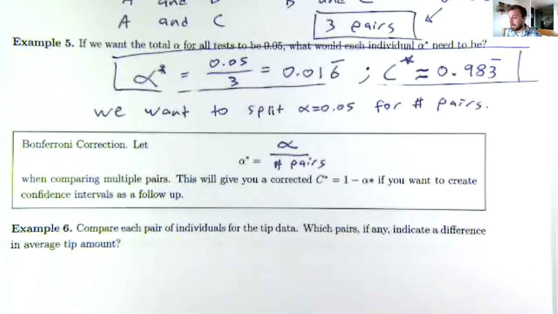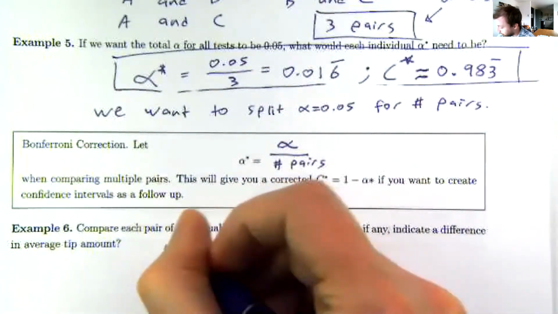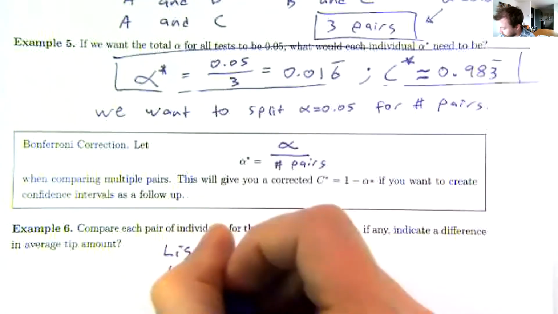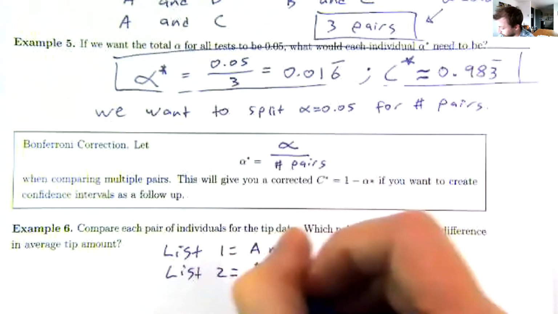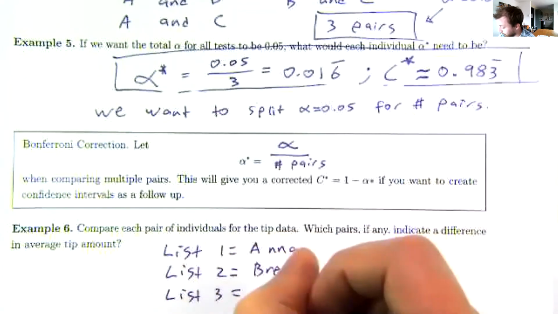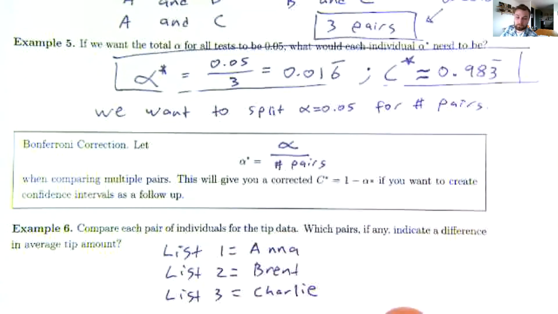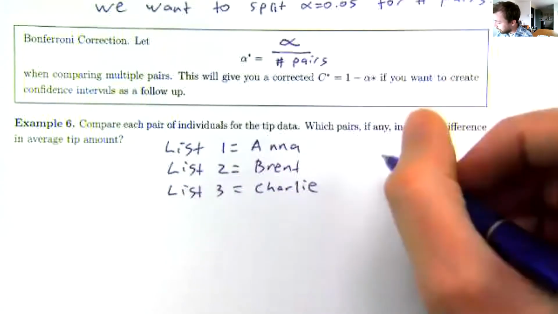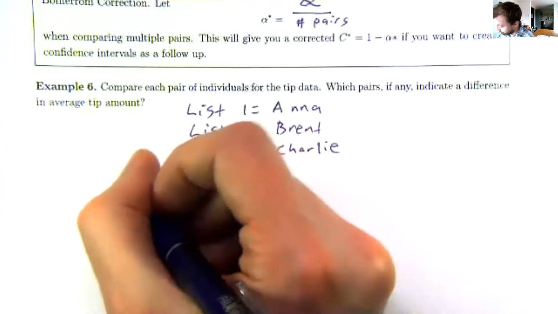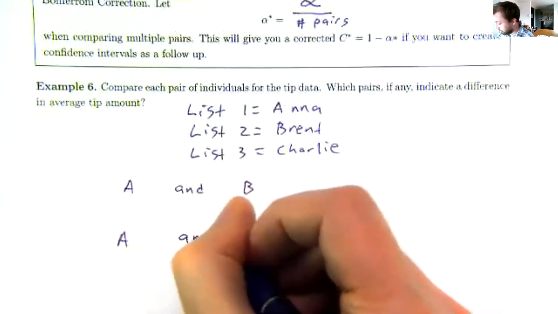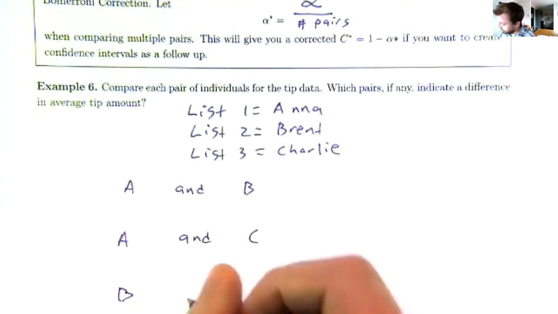I've got all of this data typed into my calculator already for Anna, Brent, and Charlie. And just as a reminder, in list 1, I had all of the data for Anna. In list 2, I had all of my information for Brent. And in list 3, I had all of my information for Charlie. So if I wanted to compare these things 2 at a time, A to B, A and C, and B and C,